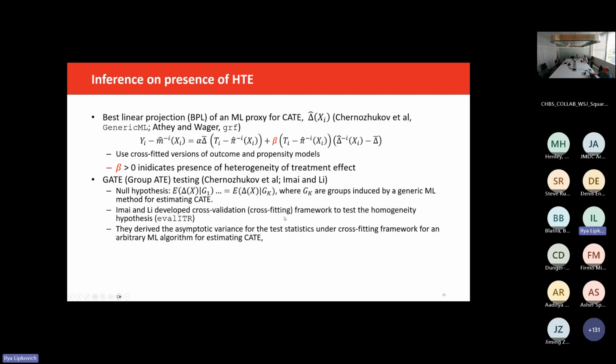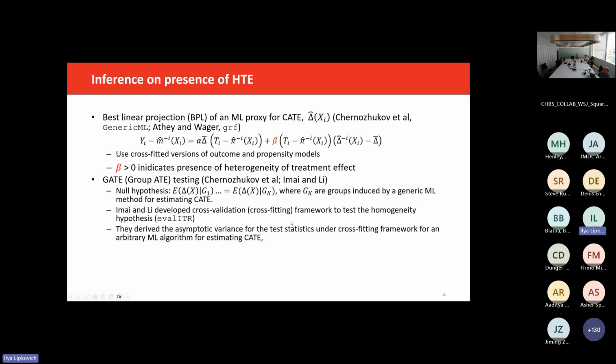advocated also by Chernozhukov and then extended by Imai and Li in a different procedure also uses cross-validation, cross-fitting, but it divides this estimated delta into groups representing monotonically increasing treatment effect, and then you essentially test the hypothesis that all these true CATEs within these groups induced by estimated delta are the same or not, and it's implemented in package evalITR.